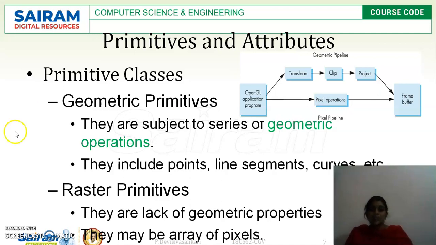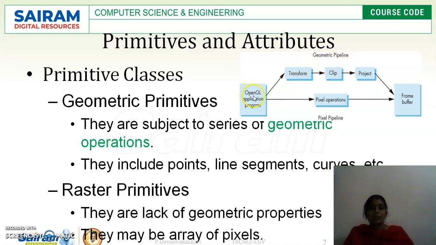And the next one is the raster primitives. Actually with raster primitives we cannot do the geometric operations, but there may be an array of pixels, so we can go for the pixel operations, right? If you see this diagram, this is the geometric pipeline diagram.